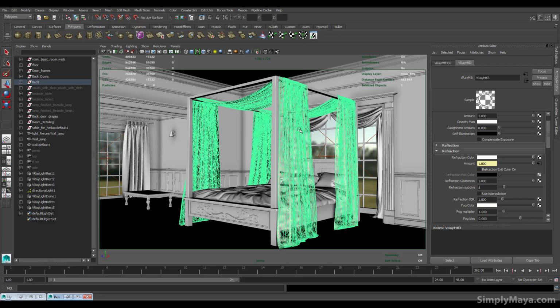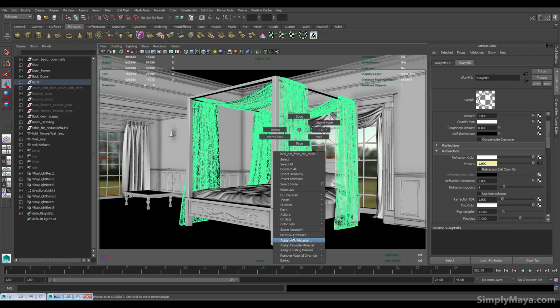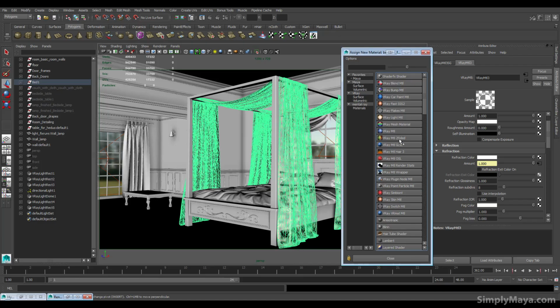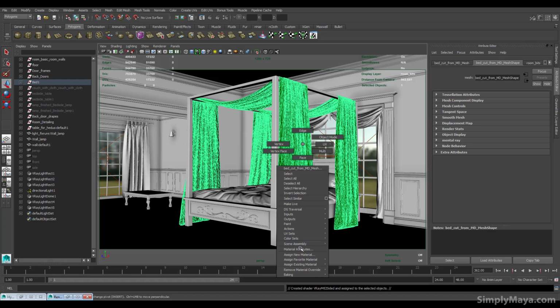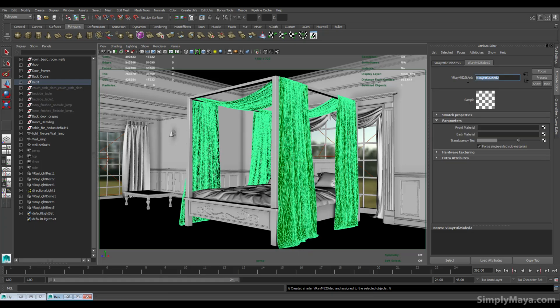So I'm going to come into these curtains and assign a new material to them, which will just be a VRay two-sided. So I'll just come up and go for material attributes, and I'll give this a name I understand. So bed